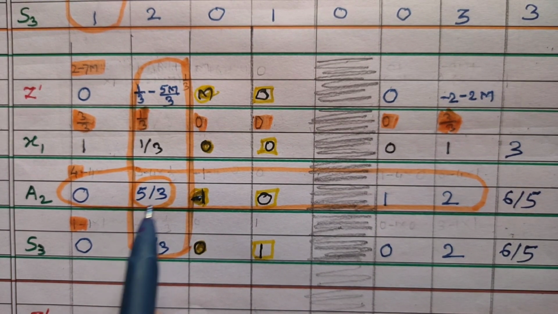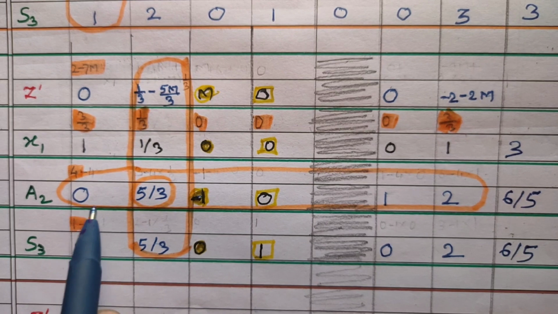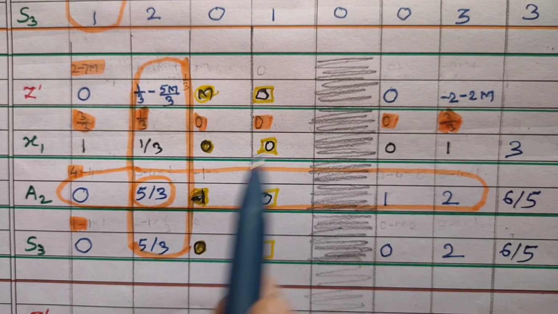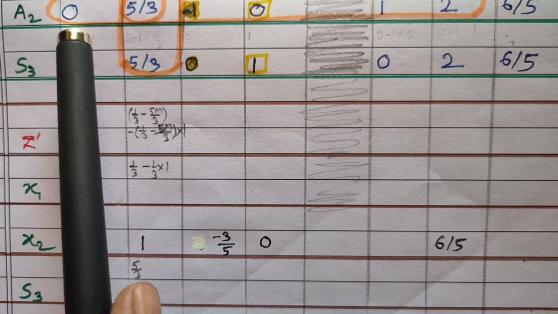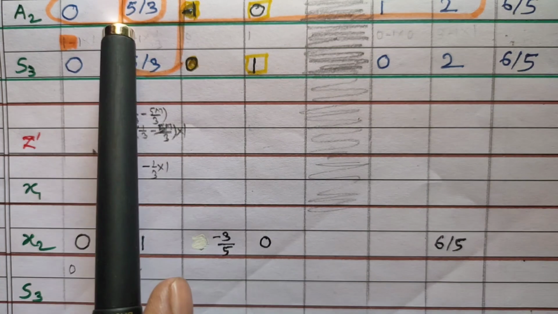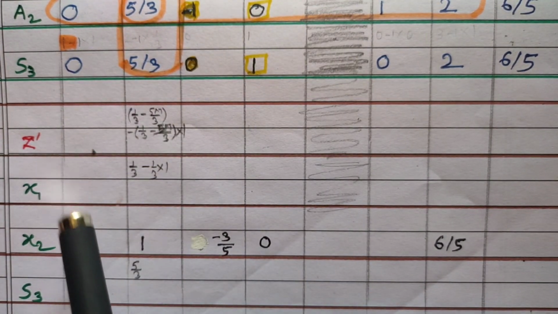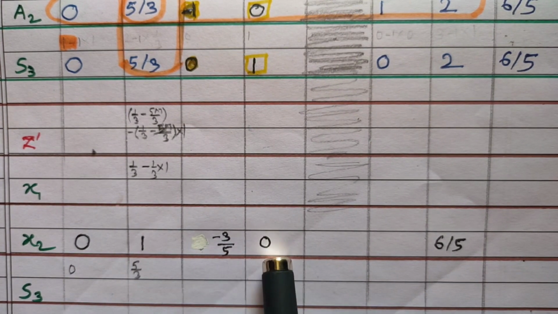We have to make this one, means divide this element by itself, and each element from this key row divide it by the key element. Okay, and the remaining elements you can put as it is. Each key row element from iteration number 1 is divided by the key element 5 upon 3. So the key row in the next iteration, means in iteration number 2, becomes 0, 1, minus 3 upon 5, 0,